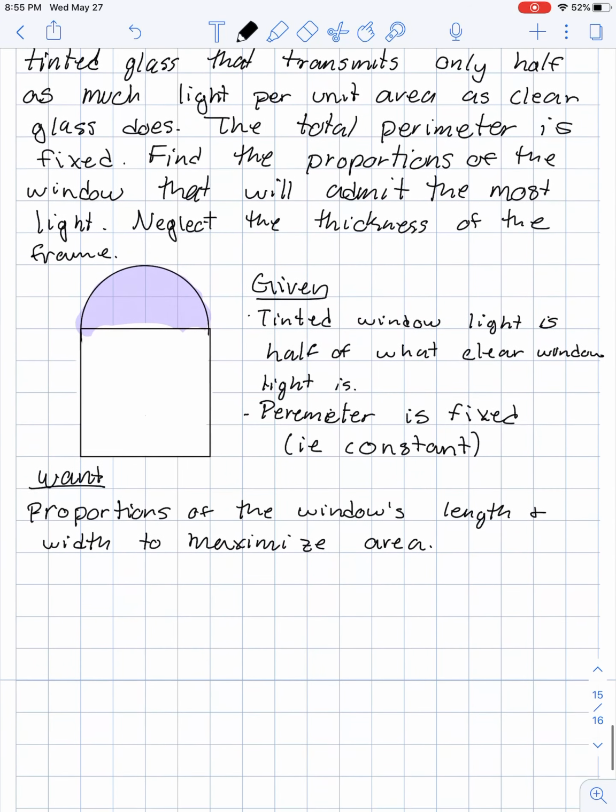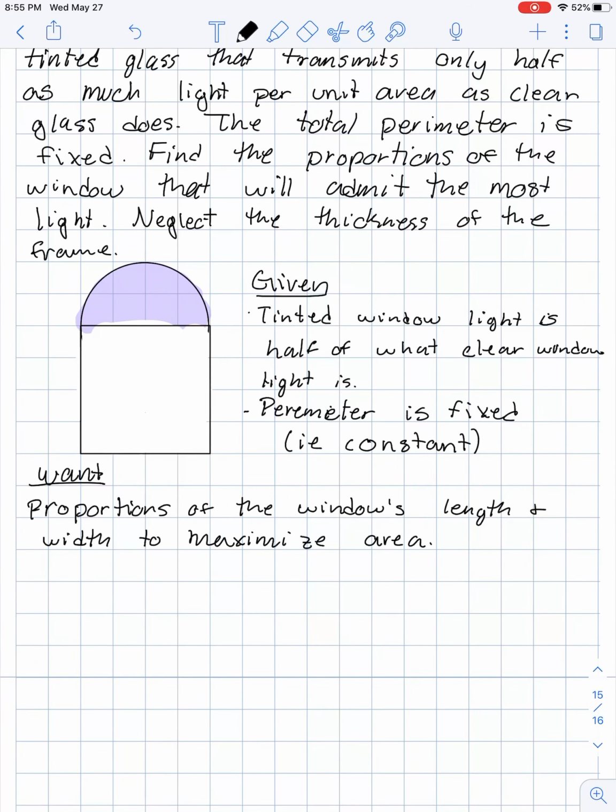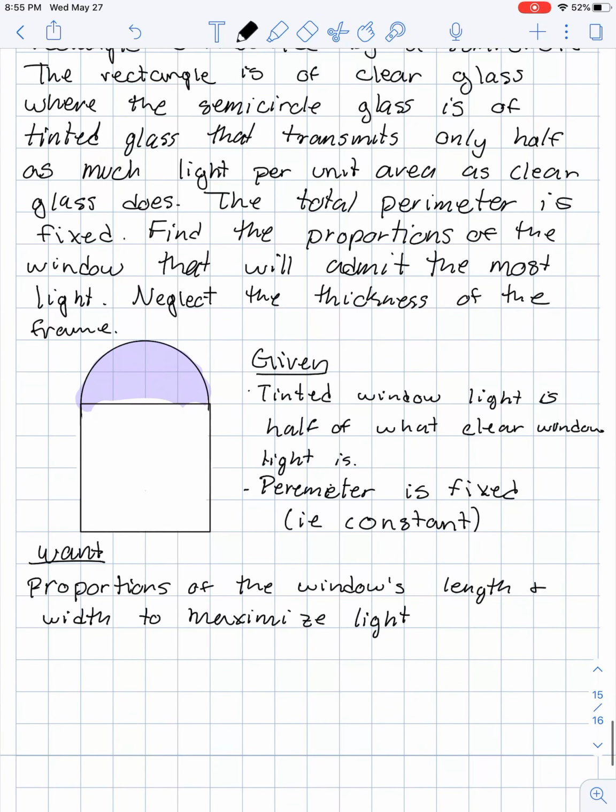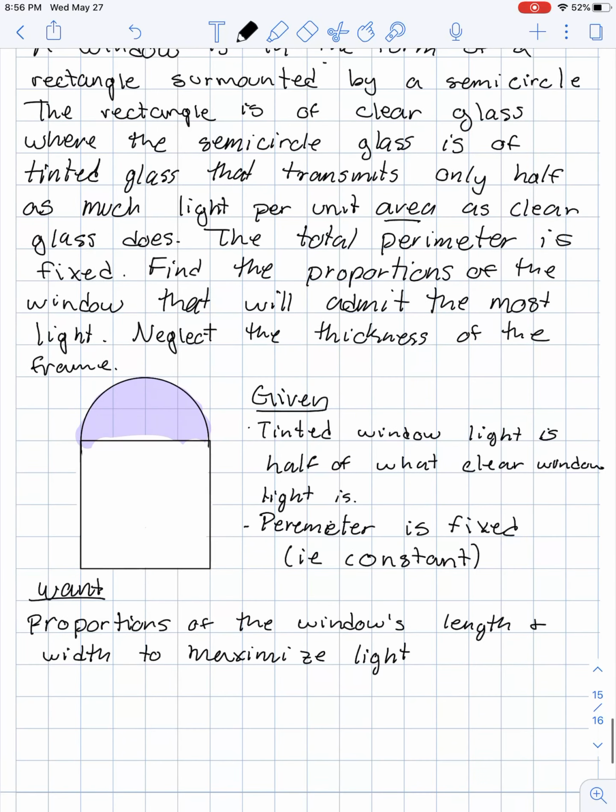All right, cool. So, no, not maximize the area, maximize the light. So notice that we're told that only half as much light per unit area. So that means the amount of light is, I can create an equation using the area of the rectangle and